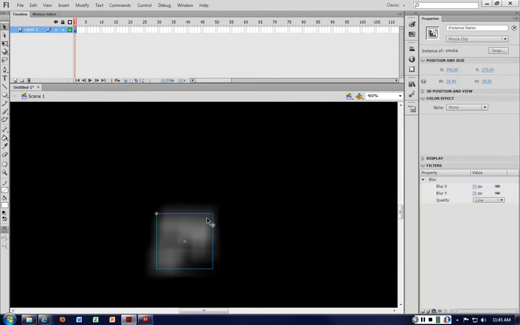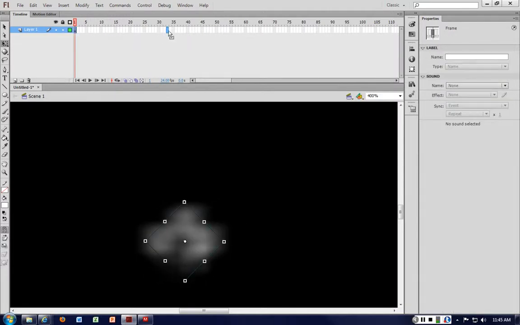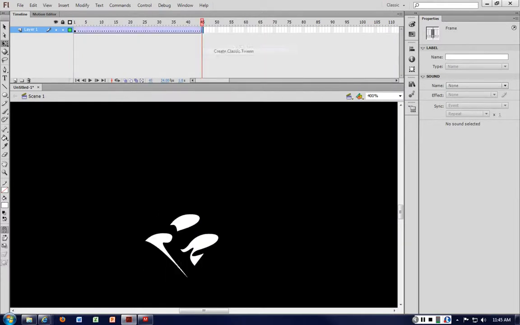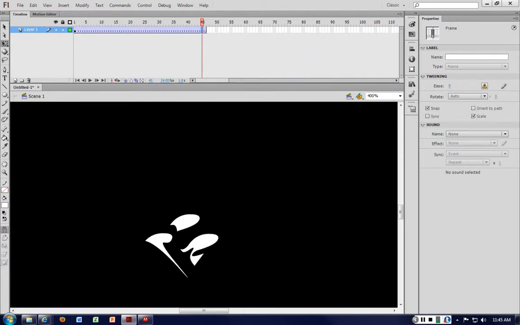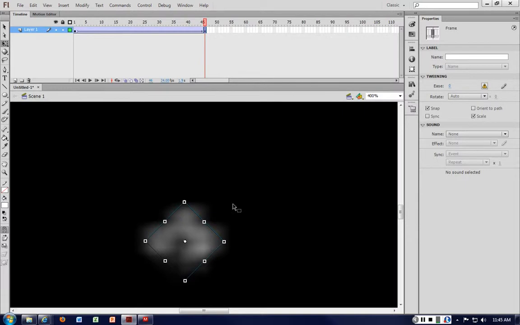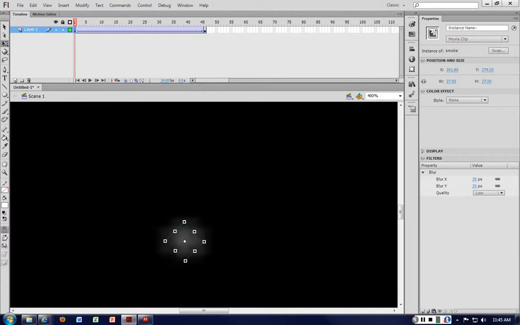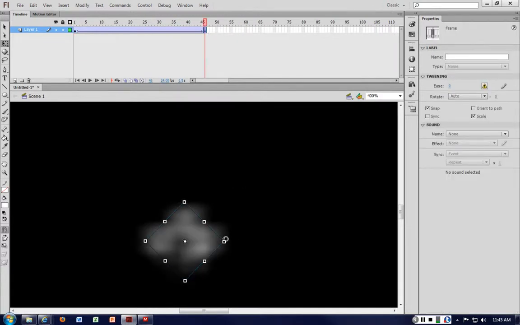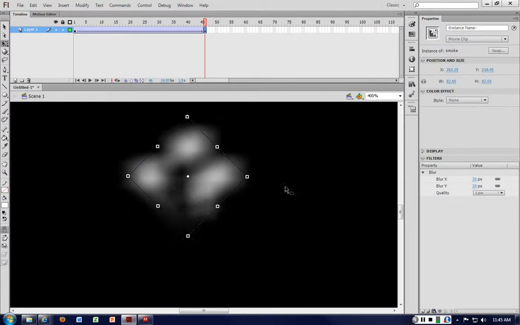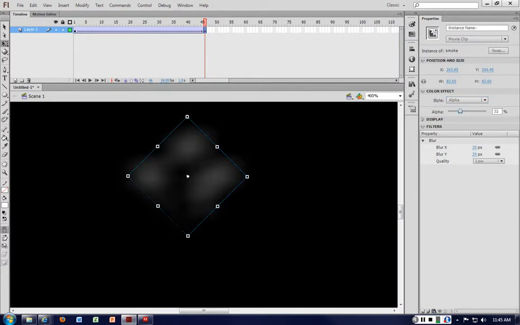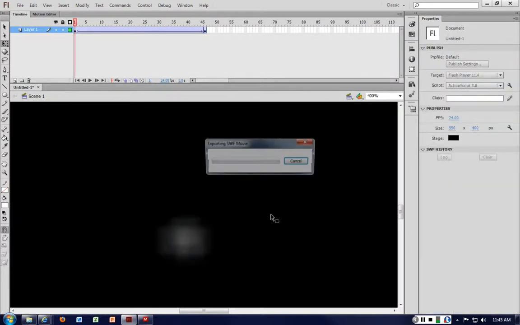It's not so great. You can see it's not perfect. So you would generally have to play around with that. I'm going to rotate that around, and now I will create my tween. I'll just do a classic tween for the sake of it. Insert keyframe. Insert keyframe. Initially, we're going to start off with something small, and when we expand, it'll get bigger. It'll come back up, and in addition to that, we could change the alpha, so it'll die away eventually. Now if we play that,